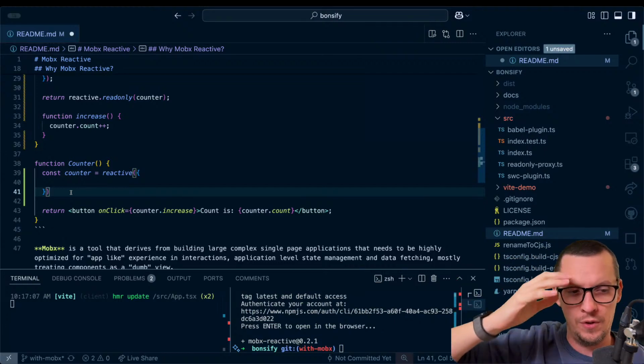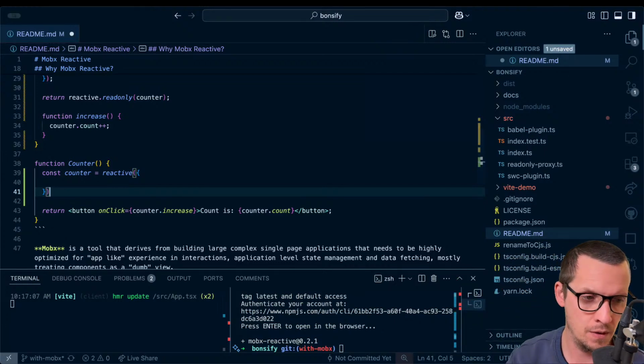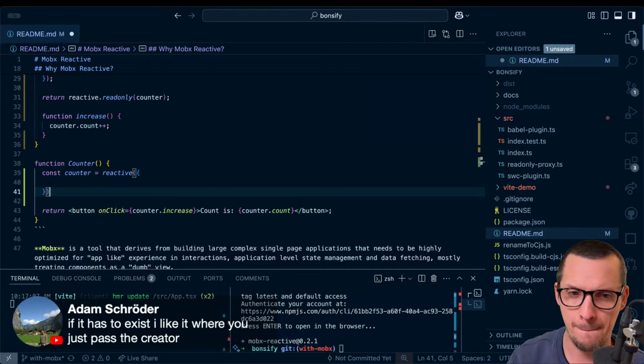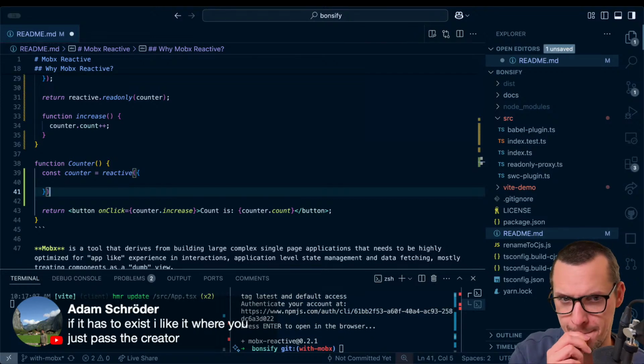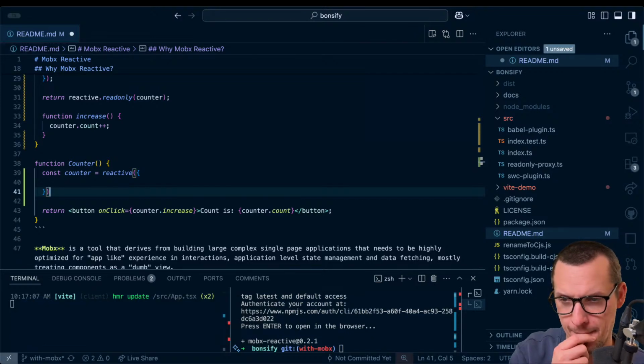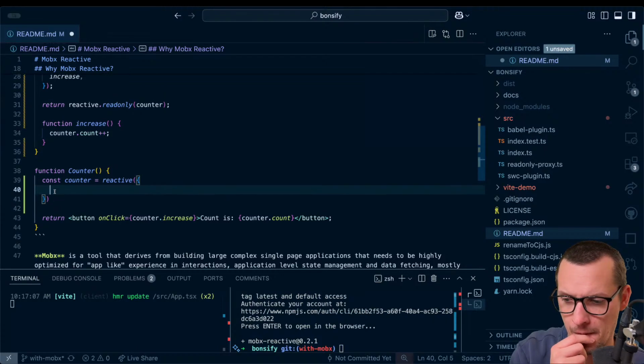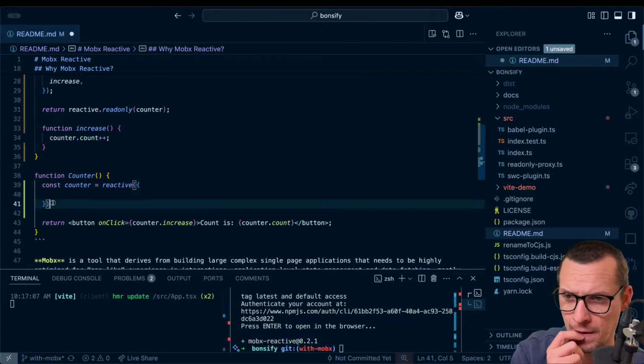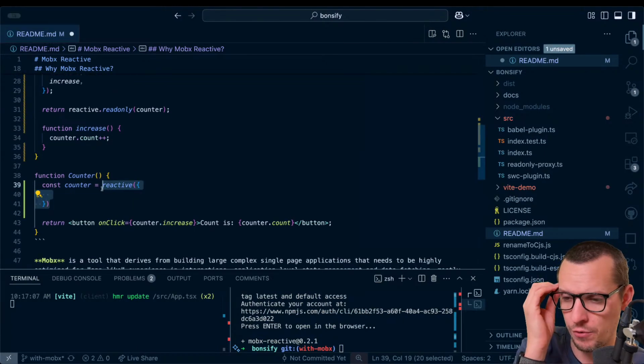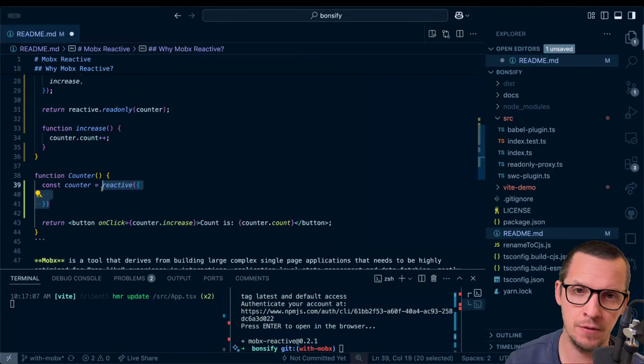Or do we allow people to actually use React to mount reactive state?